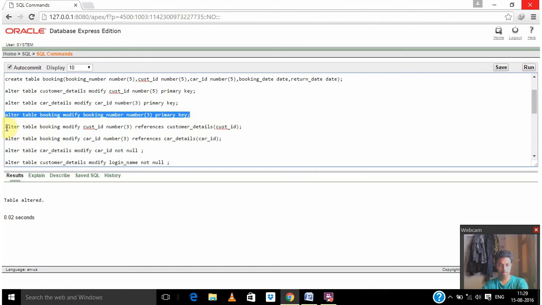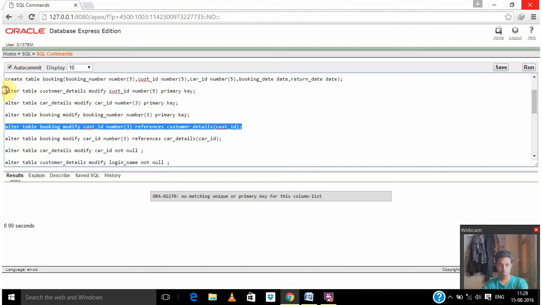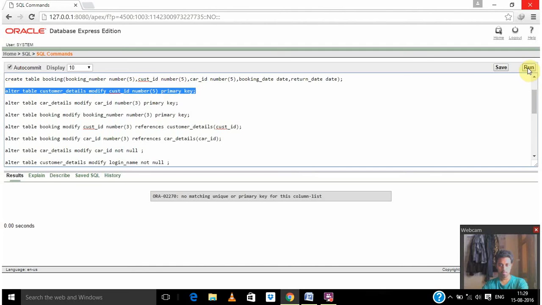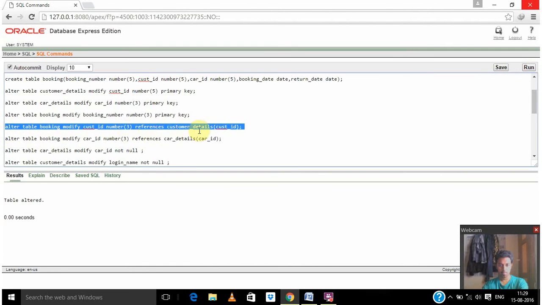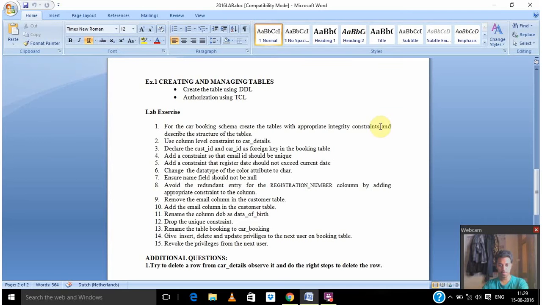So now we can run this command. You can see that it's altered. Similarly for this one, it's also altered.